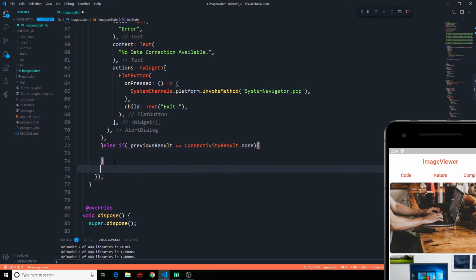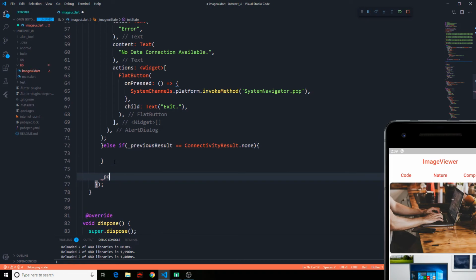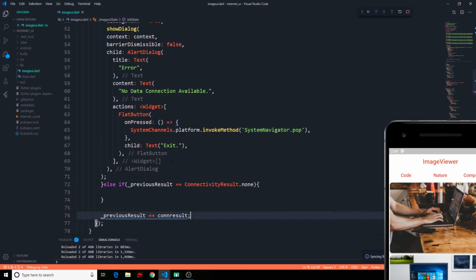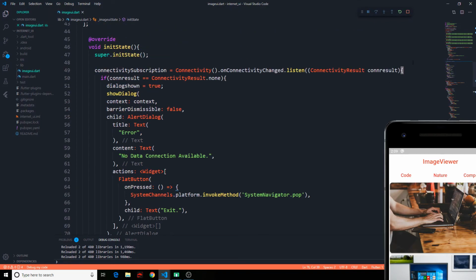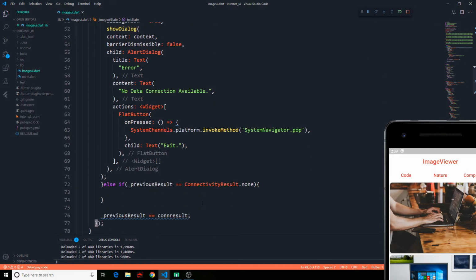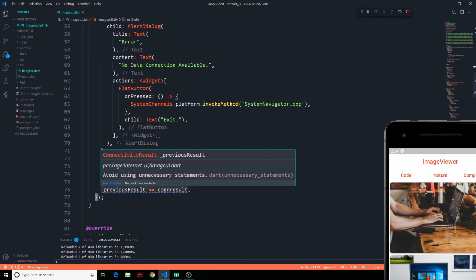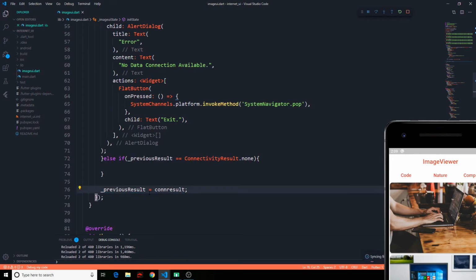So we have to say previous result is equal to con result to make sure that this works, which is okay. But okay, am I setting this in the same function? Oh yes, we should be using a single equal to. Now to do that, all that I'm doing is that we need another function which will check for socket, which